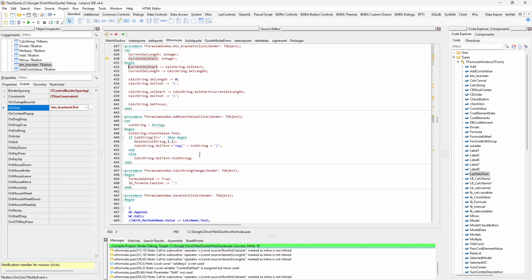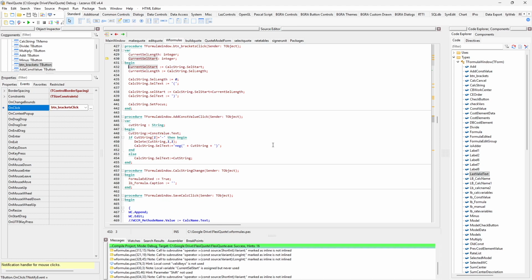As you can see, I have another one here where I was adding this constant value, and this is a bit different thing, because here I'm just using the selection start itself normally. But if I have a selection and I want to replace the selected area, let's say with this constant value, then I can basically find the string I want to cut out from the text itself. But as you can see, I'm just having some additional things here